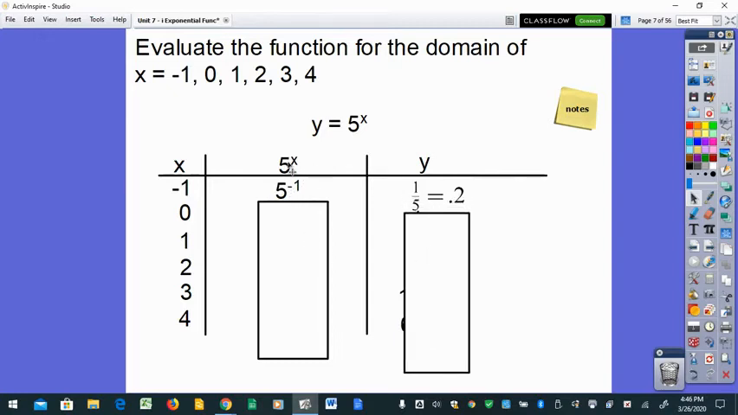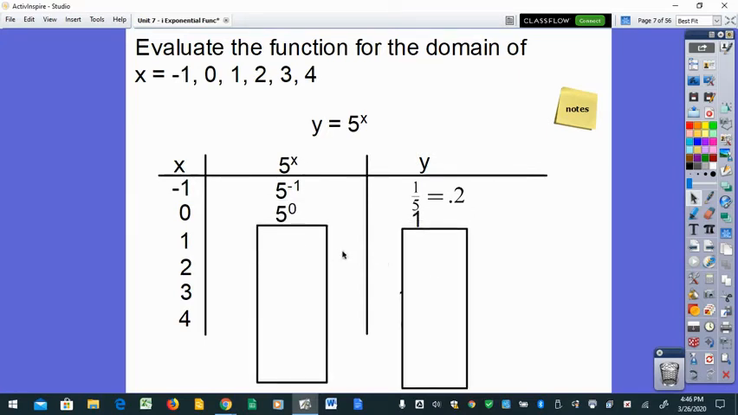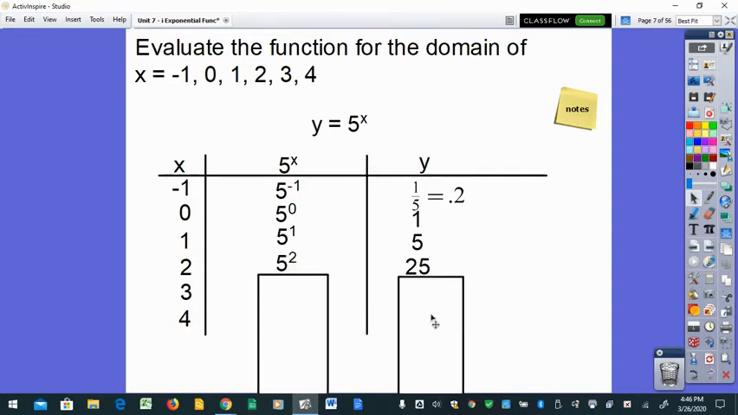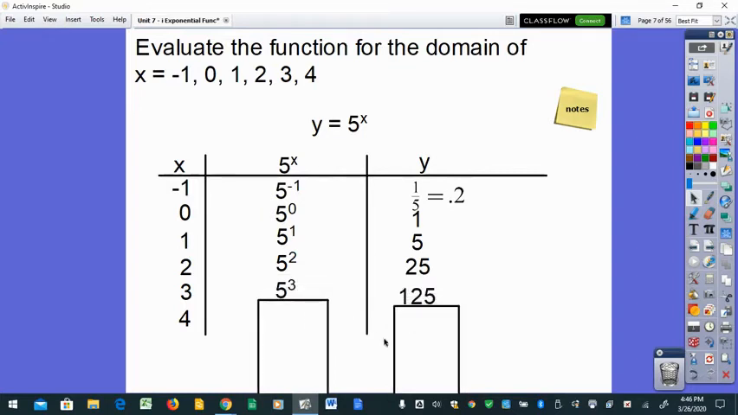The next one, if we put in 0, 5 to the 0, anything to the 0 power is 1. And then if we input 5 with an exponent of 1, 5 to the first would be 5. And then it gets easier from here. 5 squared would be 25. 5 to the third would be 125. And here's where you're going to see it start taking off. 5 to the fourth would be